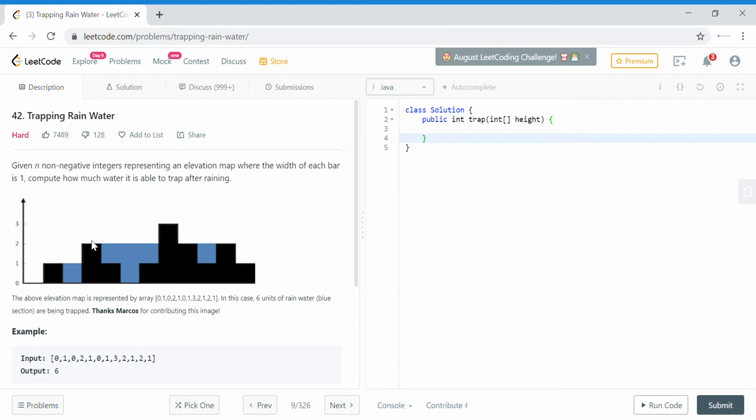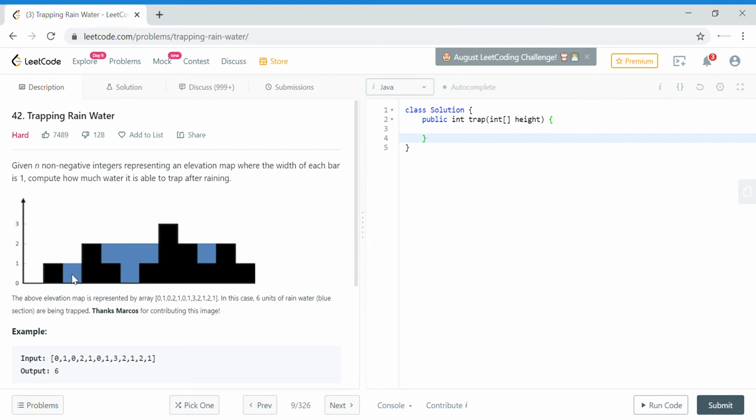So from this you can understand a step that you need to find a building on the left side of the bar which is higher than that, and you need to find a building on the right side of the bar which is higher than that. So suppose, let's check for this.